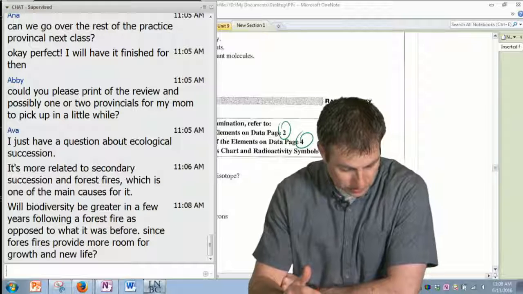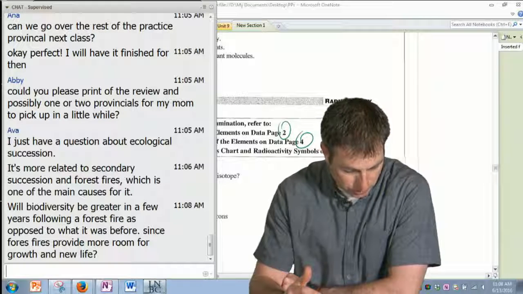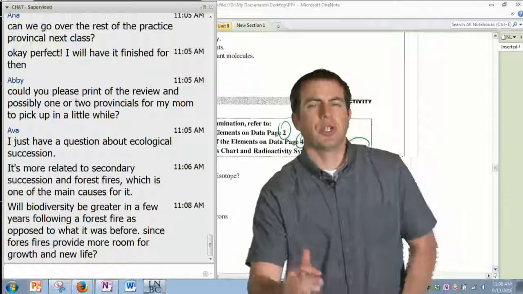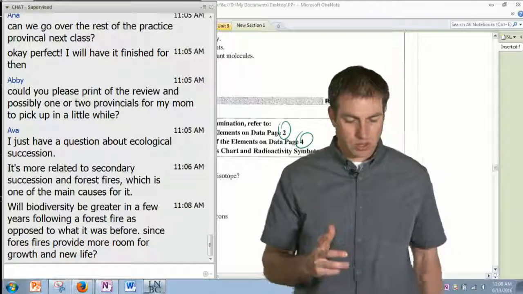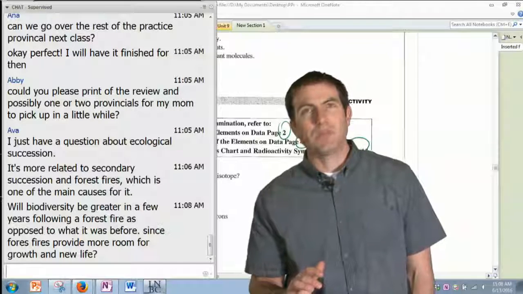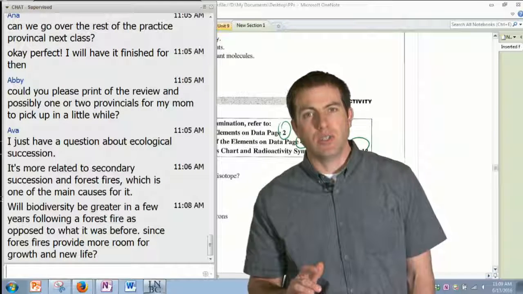Okay, will biodiversity be greater in a few years following a forest fire as opposed to what it was before, since forest fires provide more room for growth and new life? That's a tricky question, the way you've kind of posed it. So biodiversity, would it be greater? I would think that biodiversity would be